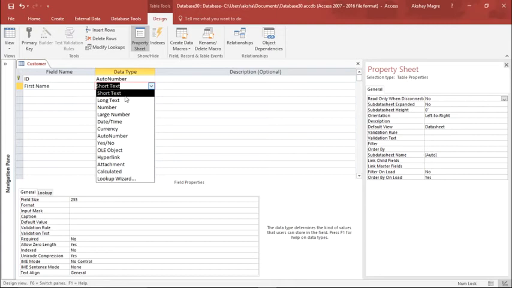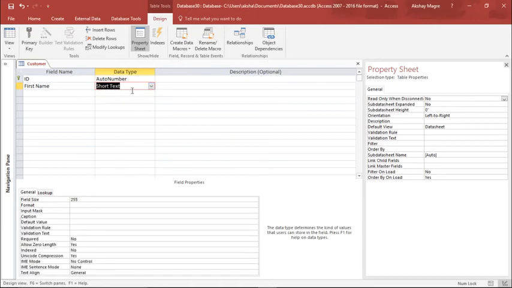Alright, so basically we can select a short text wherever I want to enter a name or a phone number. Now a short text can be a phone number and a zip code as well. It does not require that it should be text only. It can be a non-related number as well. That means that whenever there is no calculation involved, like if you want to select a phone number, we do not multiply the phone number, so we can use short text at that instance. So for first name, we'll take this as short text.